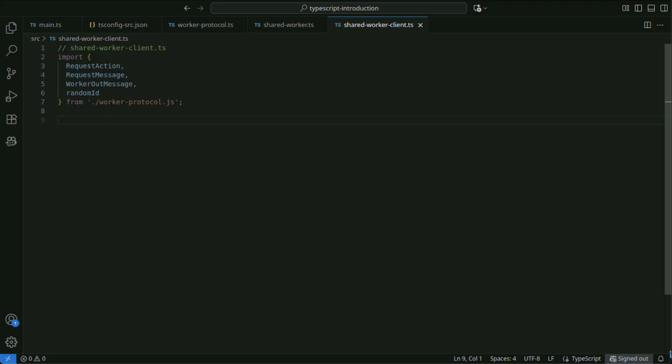Imports the type definitions and utility functions used for worker communication. Here we define the type of the callback function that runs when a broadcast message is received.